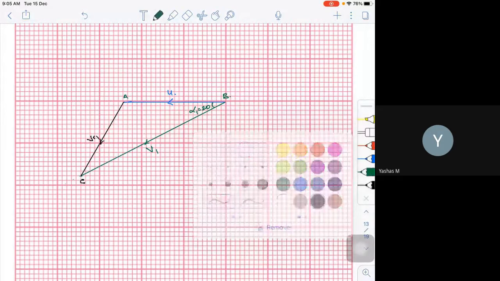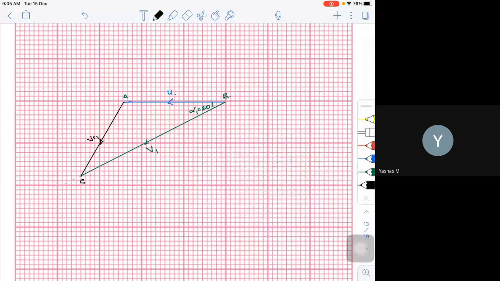I can complete the triangle by closing this particular figure. From C, I am going to draw a vertical line to join this particular point. Let me call this D and extend this entire line to join D. If I measure from B to D, this will be my VW1, and this is my VF1. Use your protractor and measure this angle, which is beta 1. So I have completed my inlet velocity triangle in a graphical method.